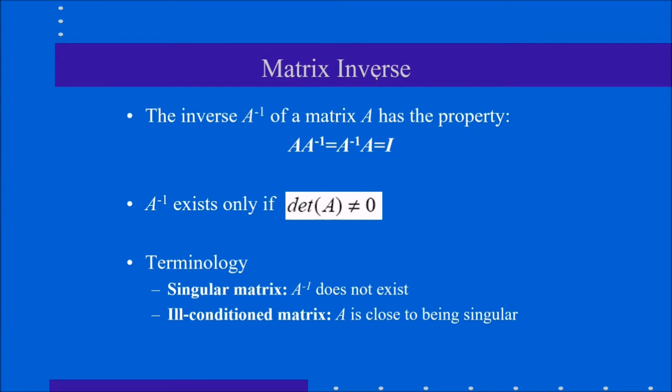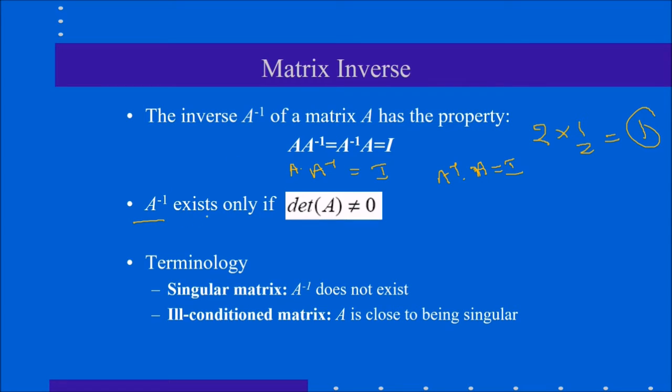Matrix inverse. If 2 is there, 2 inverse is 1 by 2. What will be the value? It will be 1. So 1 is what? Identity. The inverse is defined by A multiplied by A inverse. This will give you I. Or in other terms, A inverse into A will again give you I. This is the inverse of matrix A.